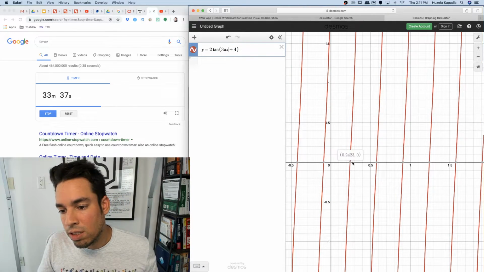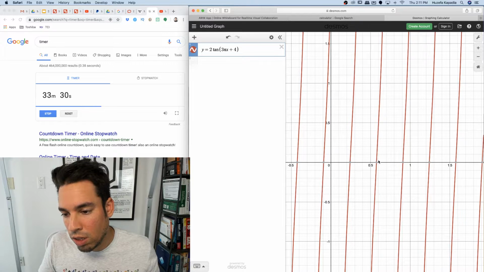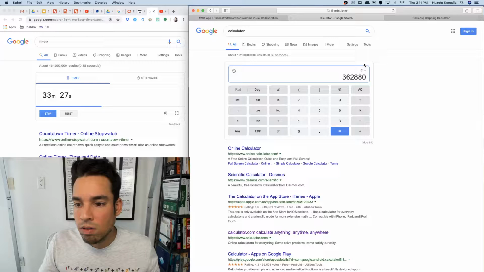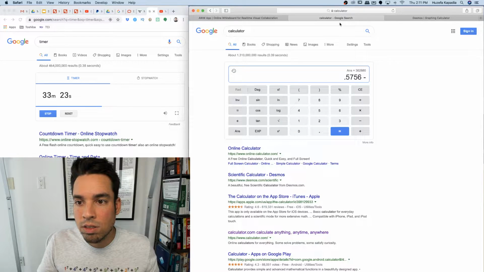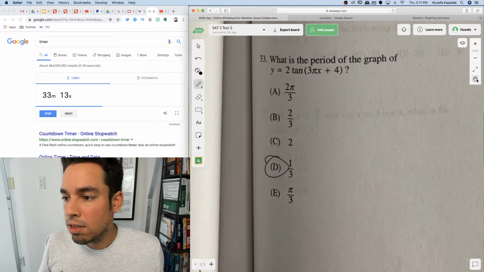Okay, so look, we can see from here to here, that's clearly a period, right? So it's 0.2423, 0.5756. 0.5756 minus 0.2423. And there it is. It's 1/3. Okay. Next